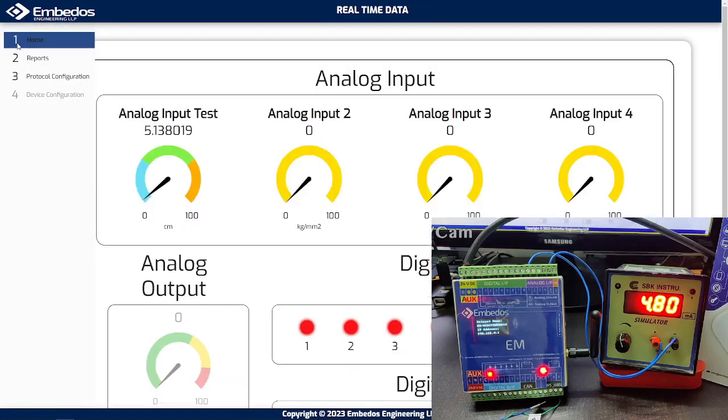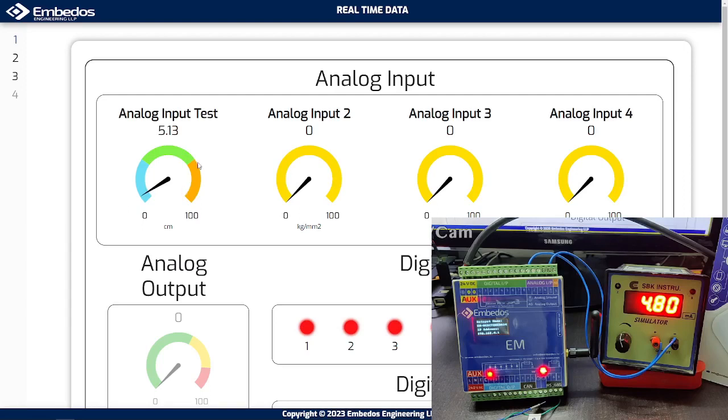Now we'll go on home, and we can see this gauge color is already updated. Now since the range selected, the current status of this is below the low set point, that is why the digital output 1 is turned on, you can see on the device. Now when I just go and increase this value,